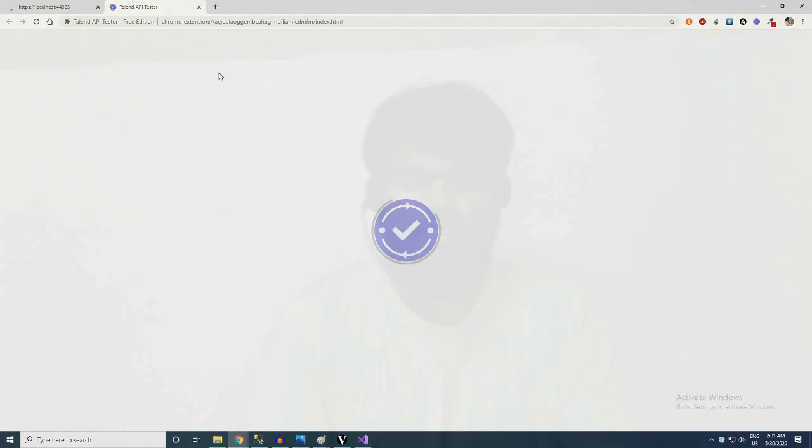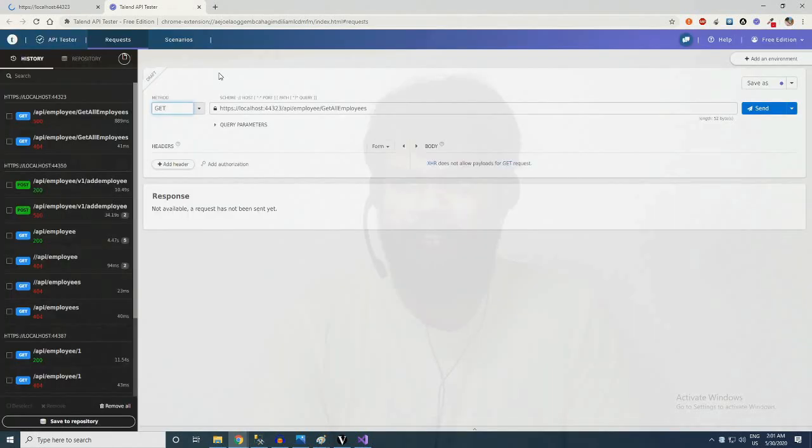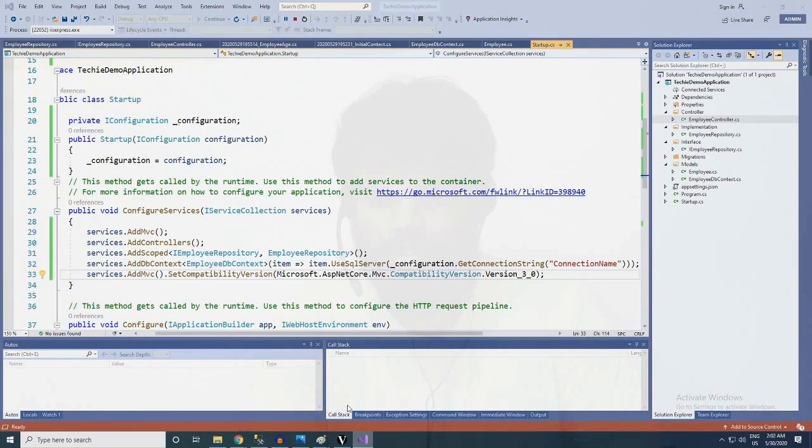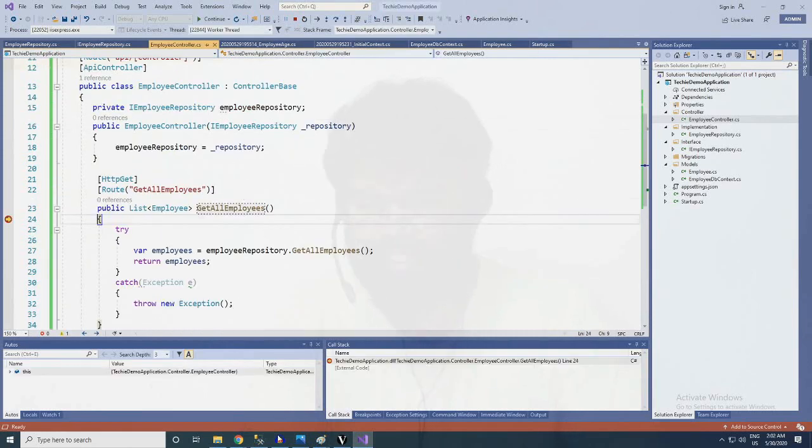This is a basic tester, so there is no need for us to download a big, heavy application like Postman. For basic testing this is enough. For extreme or expert level testing we can install Postman. I think the application has been redirected to our method.